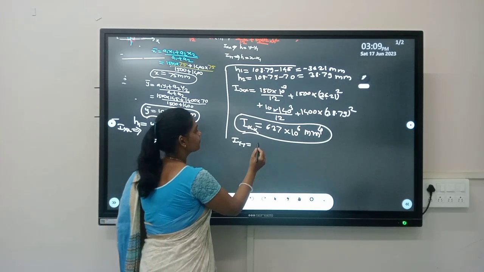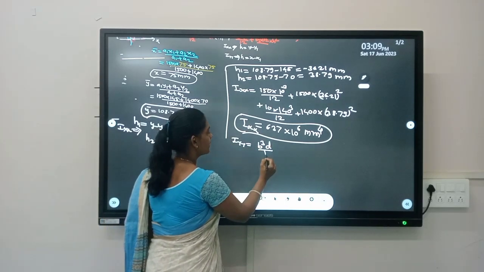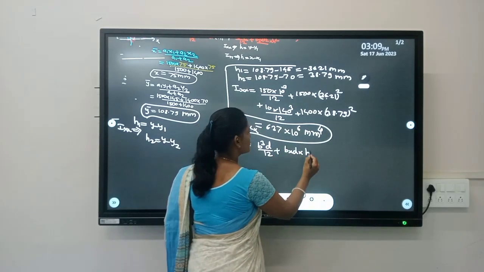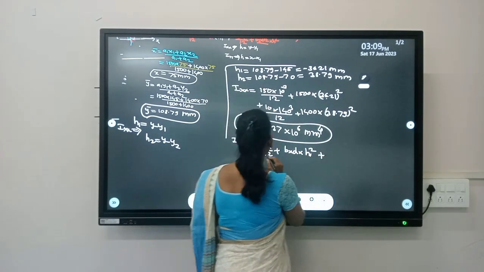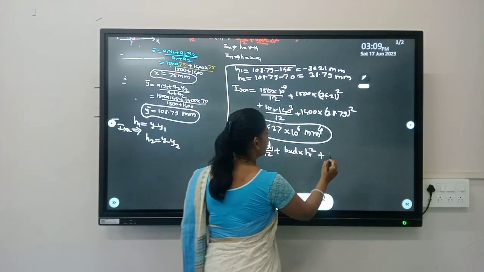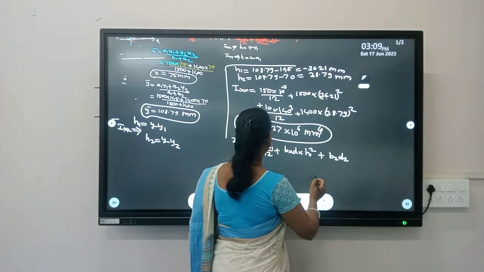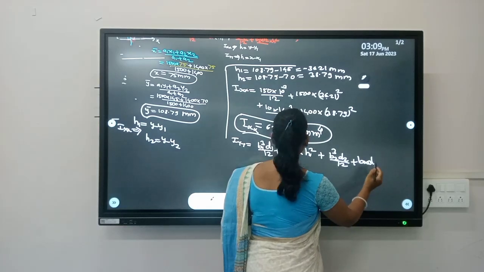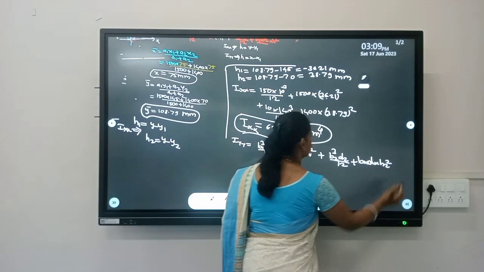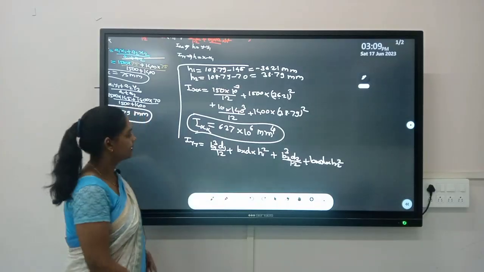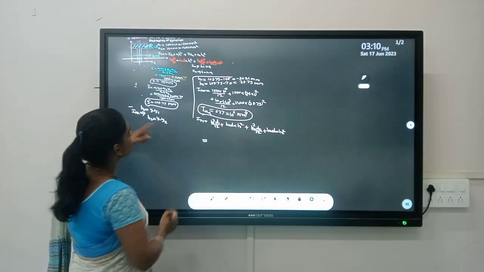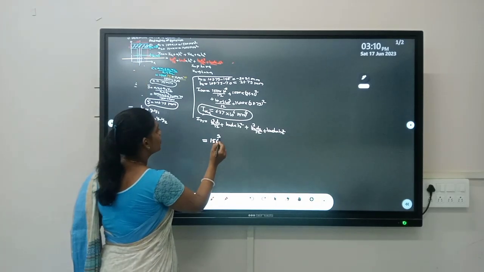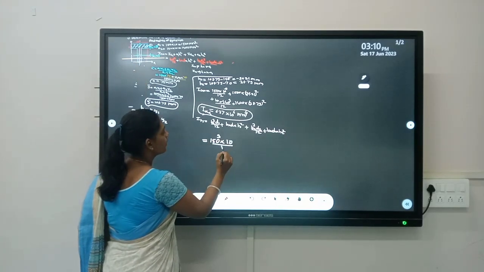Iyy is equal to b cube d divided by 12 plus area b into d into h1 square plus, suppose for this is for b1 d1, then b2 d2 cube divided by 12 plus b into d into h2 square. This is our formula. Okay, is equal to, what is the breadth for first? It is 150 cube into depth is 10 divided by 12 plus